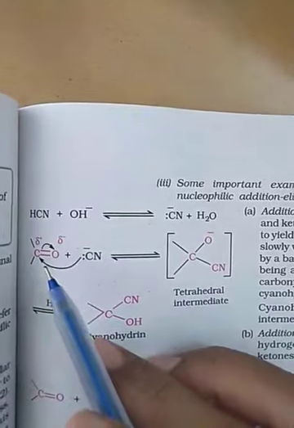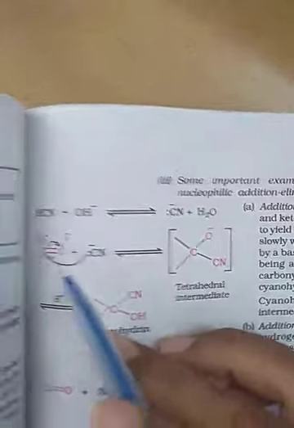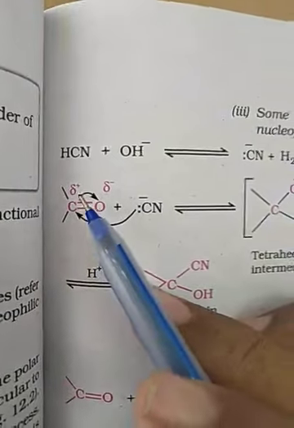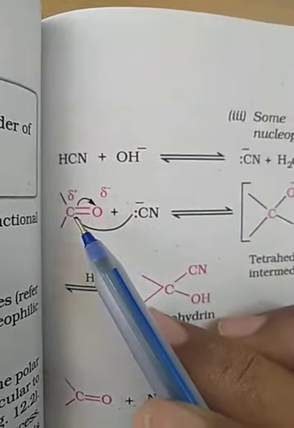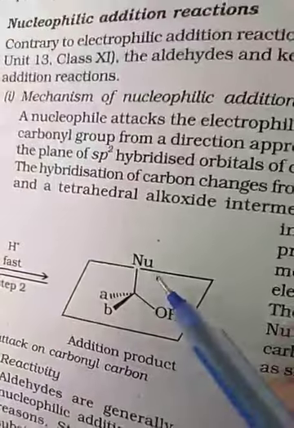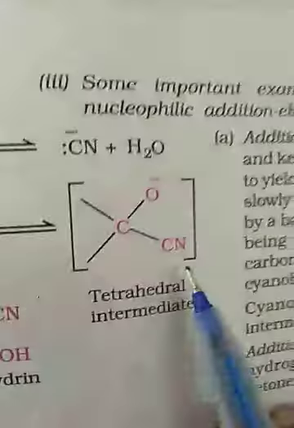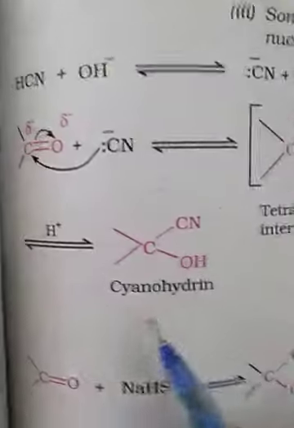This is the ketone and the nucleophile is here. As in this diagram, the nucleophile attaches to this carbon atom because, due to the polarity, carbon is positive and oxygen is negative. The double bond breaks. The nucleophile is CN, and the intermediate product has O negative, and the final product is obtained with H.